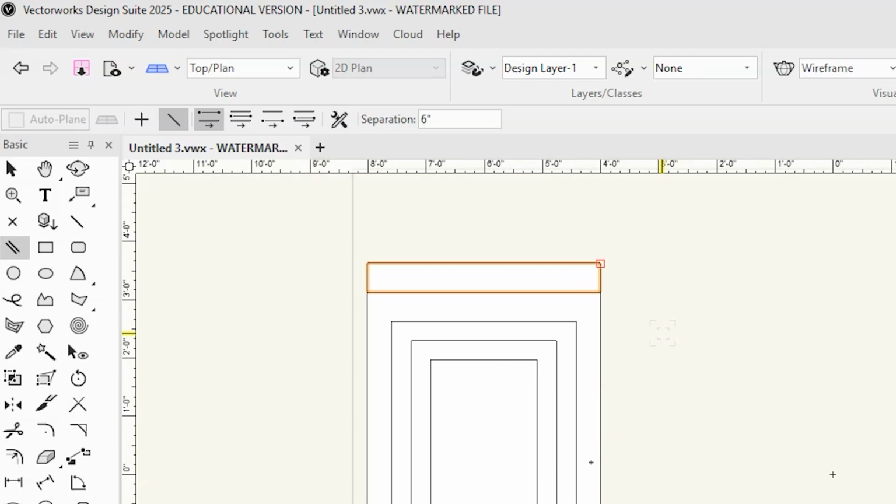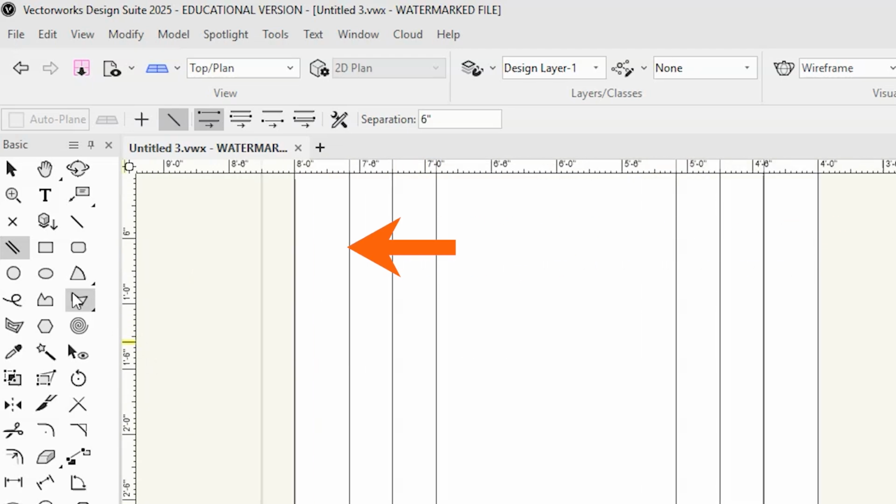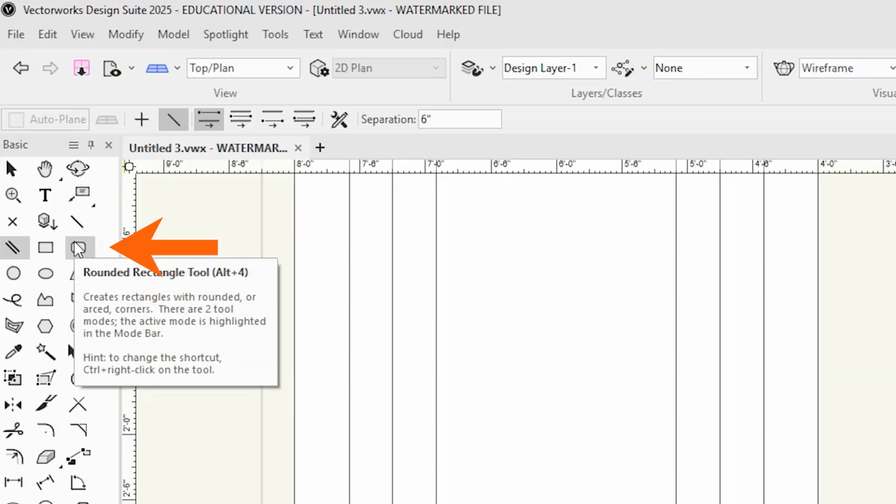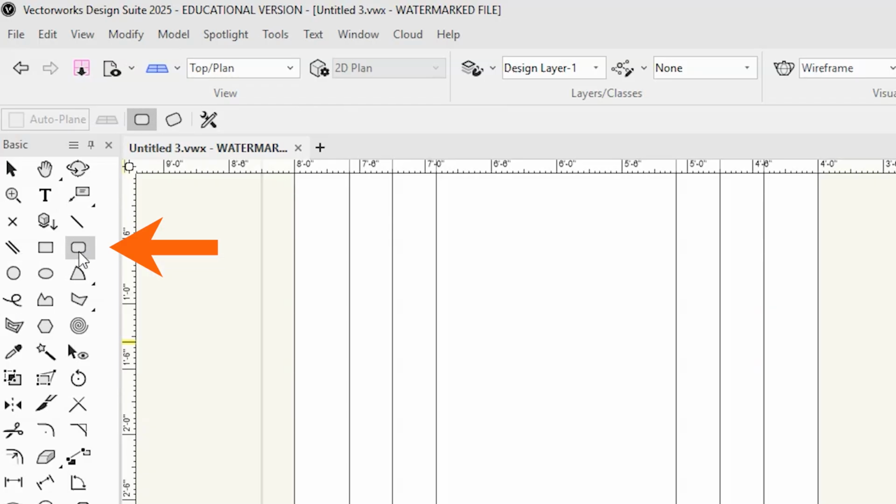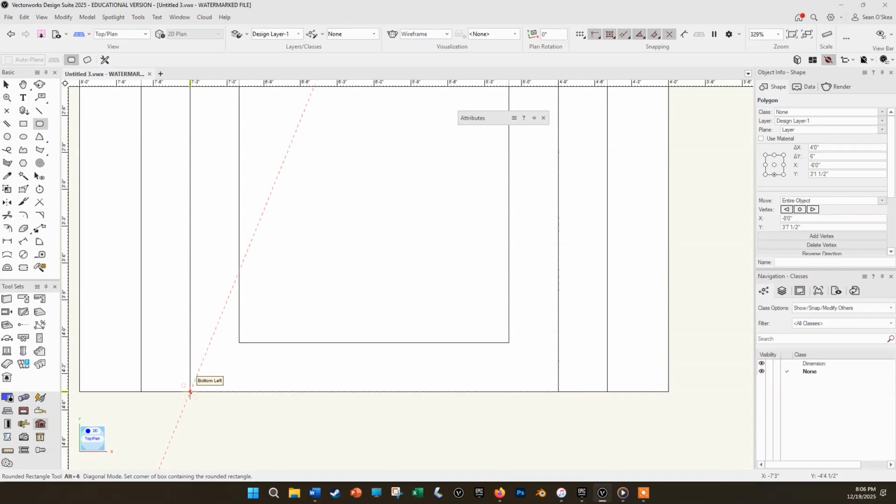So let's add a doorknob before we wrap up this video. Find the rounded rectangle tool. Another self-descriptive icon. The tool works just like the regular rectangle tool, but it rounds over the corners. With the rounded rectangle tool selected, come down over here and click in the bottom left corner of the door,